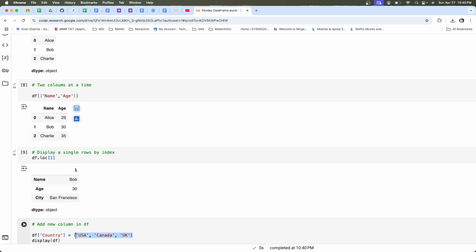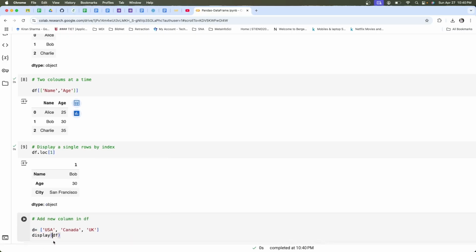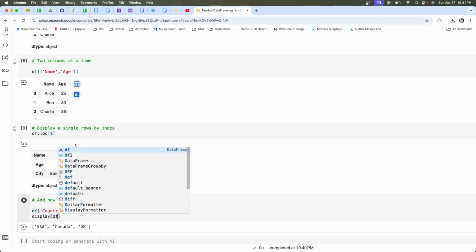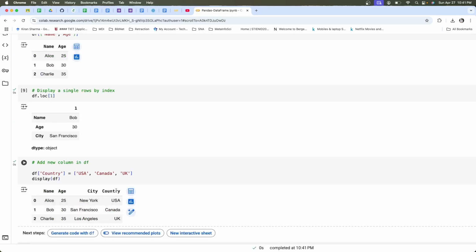If I don't put a variable here, say d, it will display as a list, but I want to put it into the data frame. So I use the name of the data frame, df, and if the column doesn't exist, I put a new column name and then you display, it will come as a new country column.